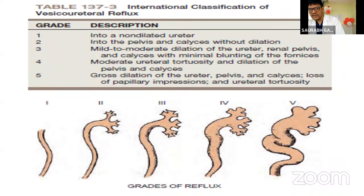Now there is an international classification of vesico-ureteric reflux. Grade 1 is where reflux is only in the ureter, which is not dilated. Grade 2 is reflux up to the pelvis and calyces, but still dilatation is not there. In grade 3, there is mild to moderate dilatation of the ureter and renal pelvis and calyces with minimal blunting of the fornices. Grade 4 is moderate ureteral